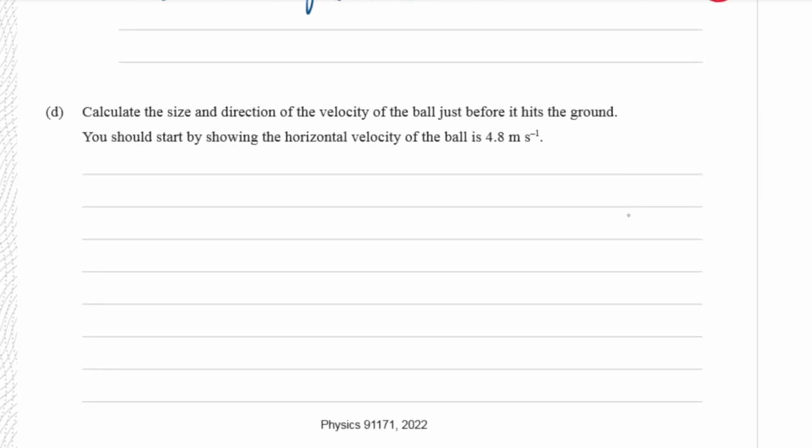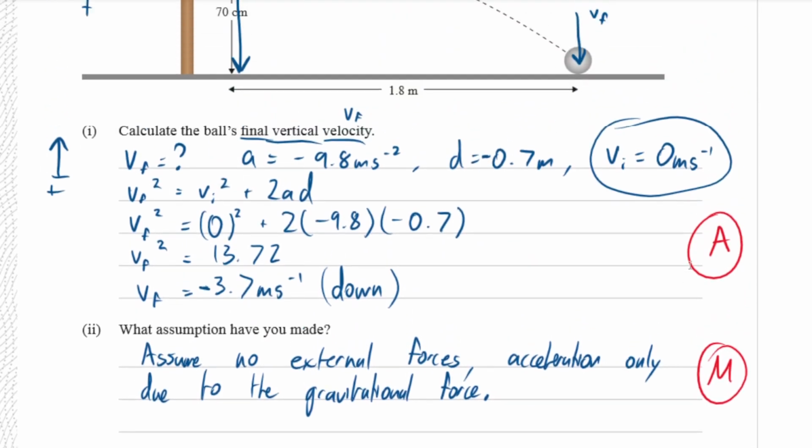And finally, question D, calculate the size and direction of the velocity of the ball just before it hits the ground. Right, like as it hits the ground, basically. And they've given us a nice hint to first find the horizontal velocity of the ball. So, back to the